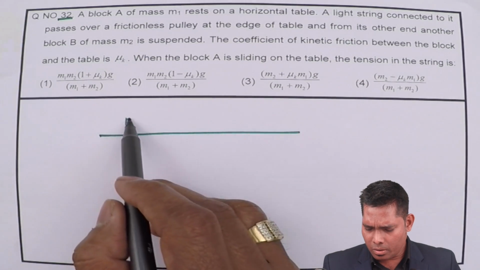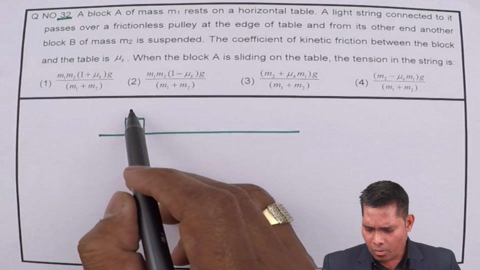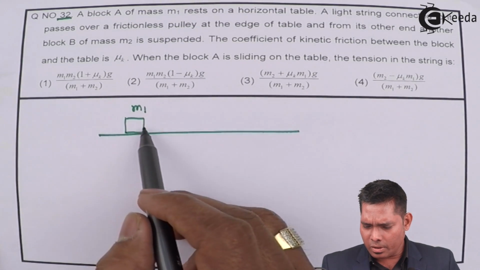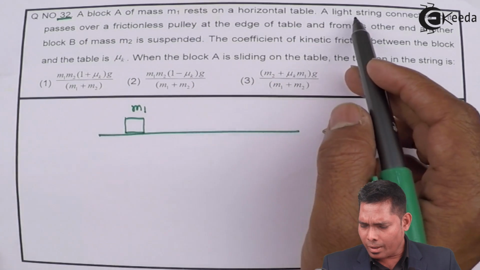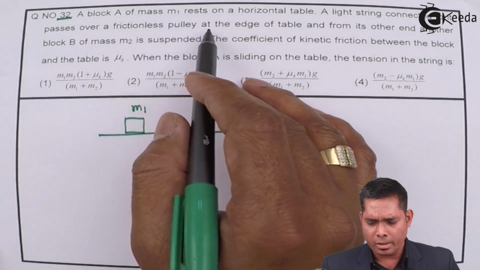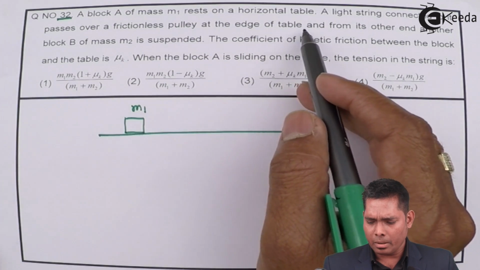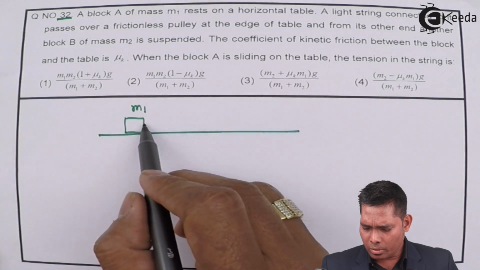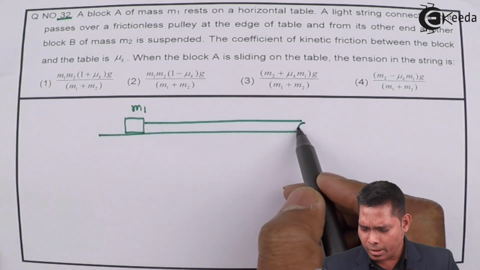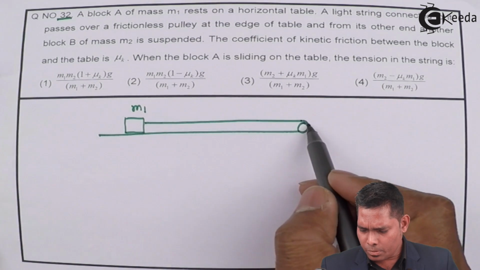This is a block of mass M1 resting on a horizontal table. A light string connected to it passes over a frictionless pulley at the edge of the table. So there is a string and there is a pulley over here. Through this pulley,